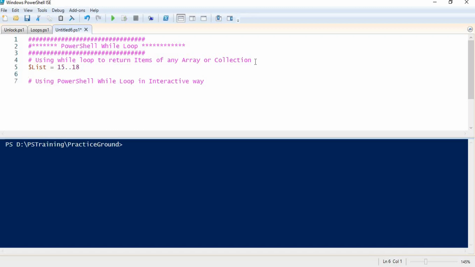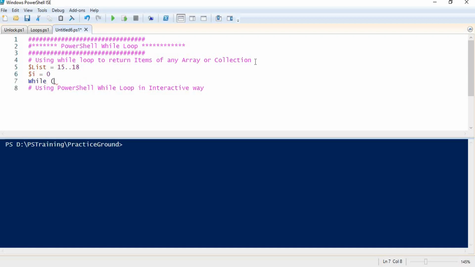So now we need to list the elements of this array using the PowerShell while loop. Let me declare a variable that will be the basis for condition evaluation. Let me assign a value of 0 to this variable and let me write the while loop.